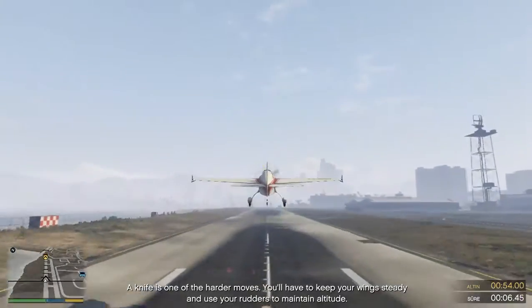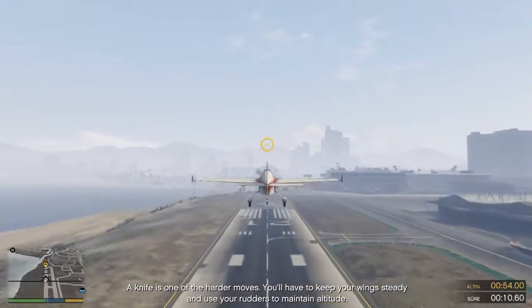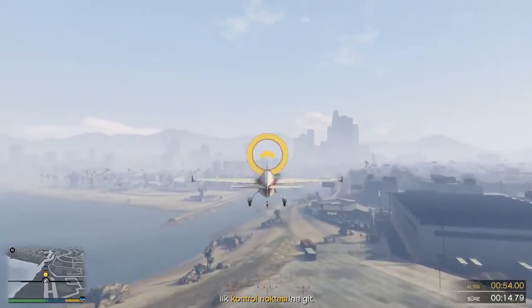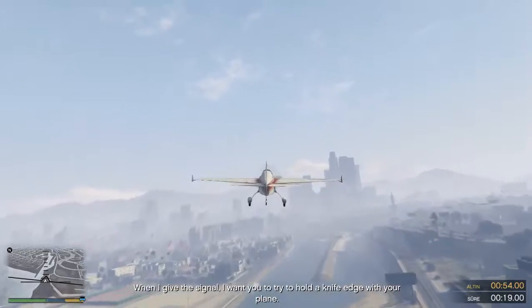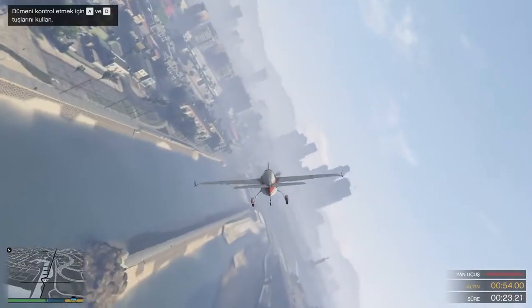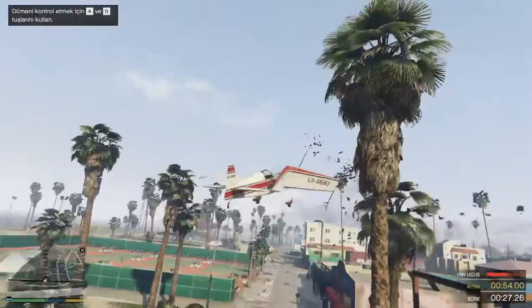A knife is one of the harder moves. You'll have to keep your wings steady and use your rudders to maintain altitude. When I give you the signal, I want you to try to hold a knife edge with your plane. Okay, perform a knife edge. Perfect. Now hold that position. Don't forget to use your rudders to maintain...